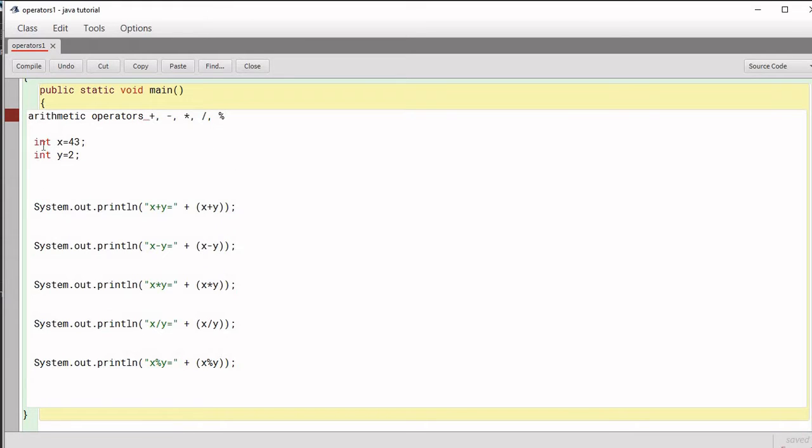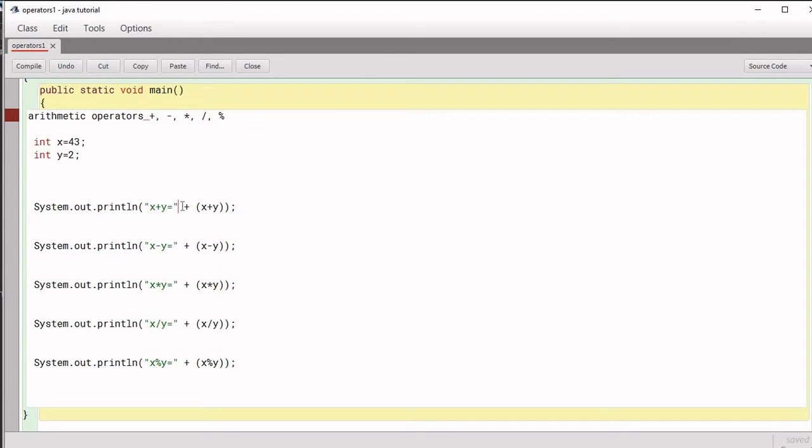Let's see here that we have taken a variable x as 43 and y has the value 2. We have assigned value 2 to y. Now we are performing the operations in this example. In the first print, we are performing addition, then subtraction, then multiplication, then division, and then modulo division.